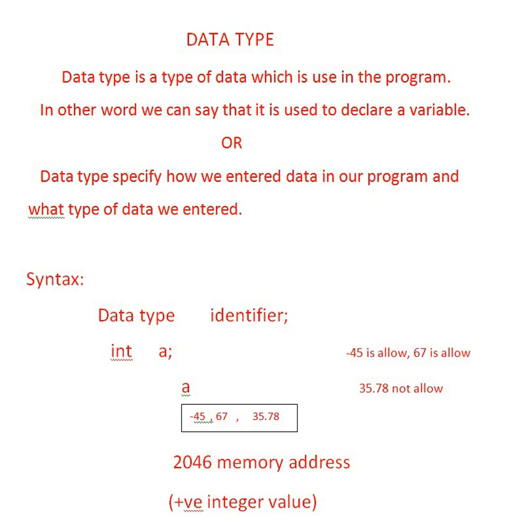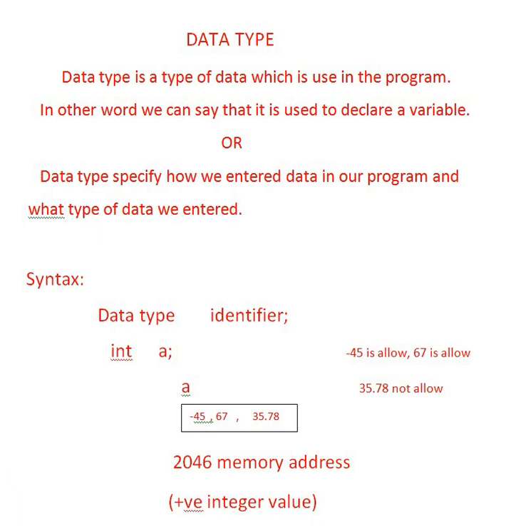So now, simply, a data type represents two things. One, what type of data is allowed to store, and second, how much memory it's allowed to store that data. Now we see what are the types of data and what are the classifications of data.